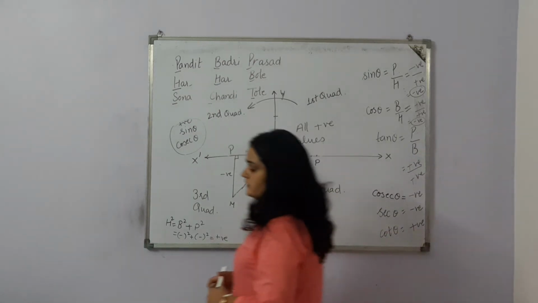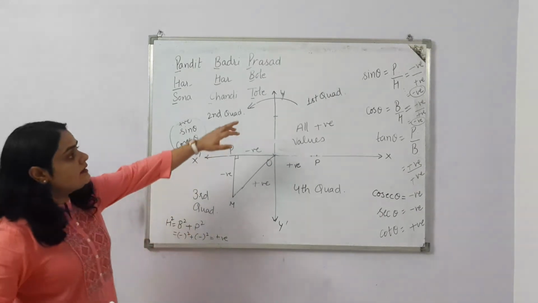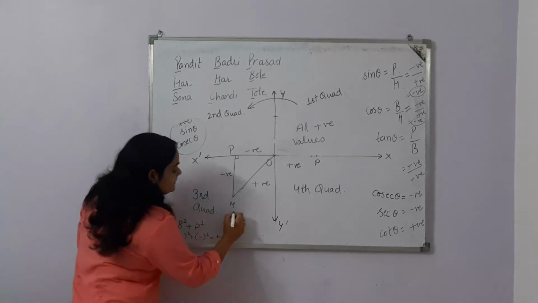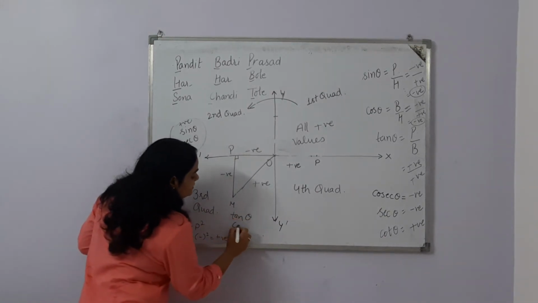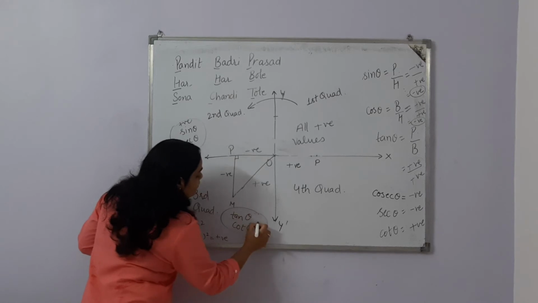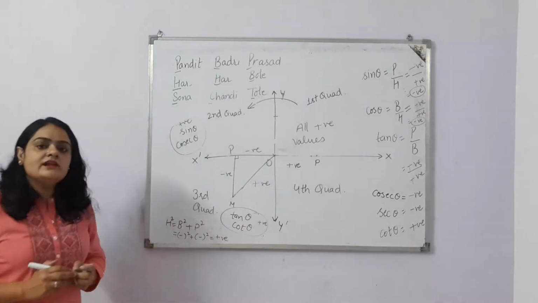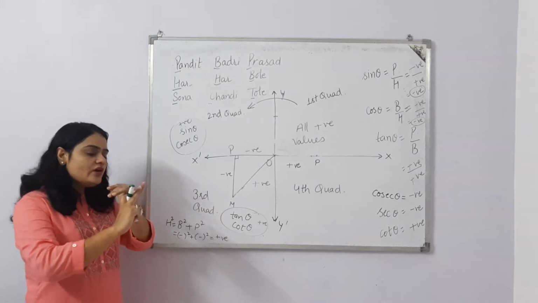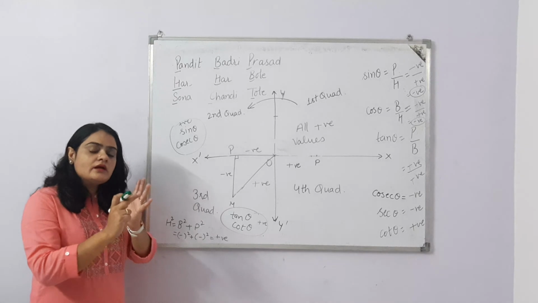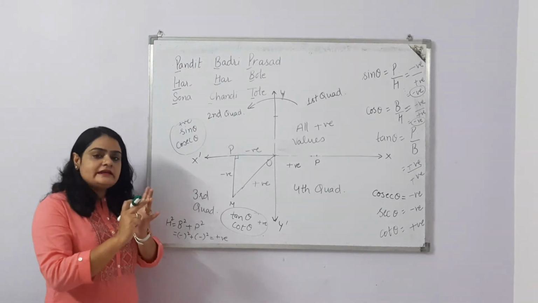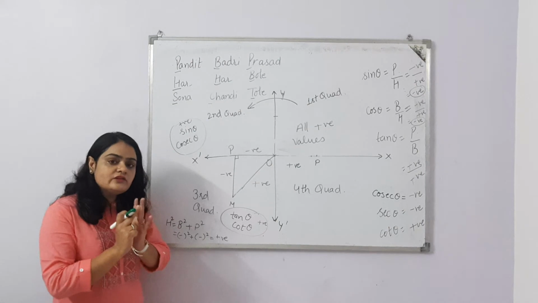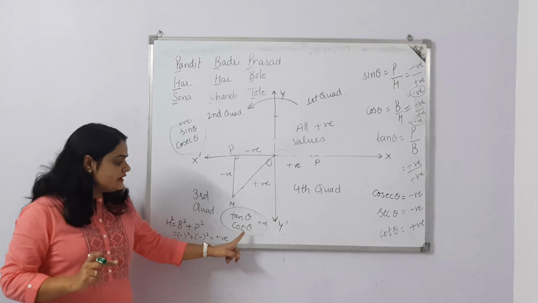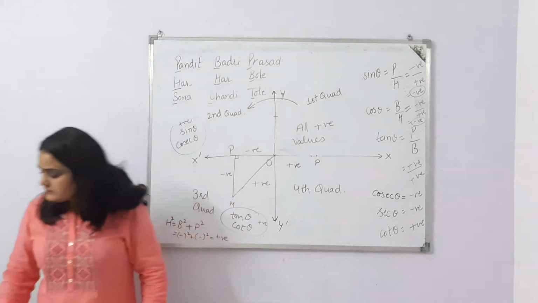So, we are getting this in third quadrant. In third quadrant, sine is negative, cos is negative, but tan is positive. So, tan theta and of course its reciprocal cot theta, both are having positive value in third quadrant. Rest 4 trigonometric ratios: sine, cosine, cosecant and secant, all these 4 trigonometric ratios values are negative in third quadrant. Only tangent and cotangent are having positive values in third quadrant.